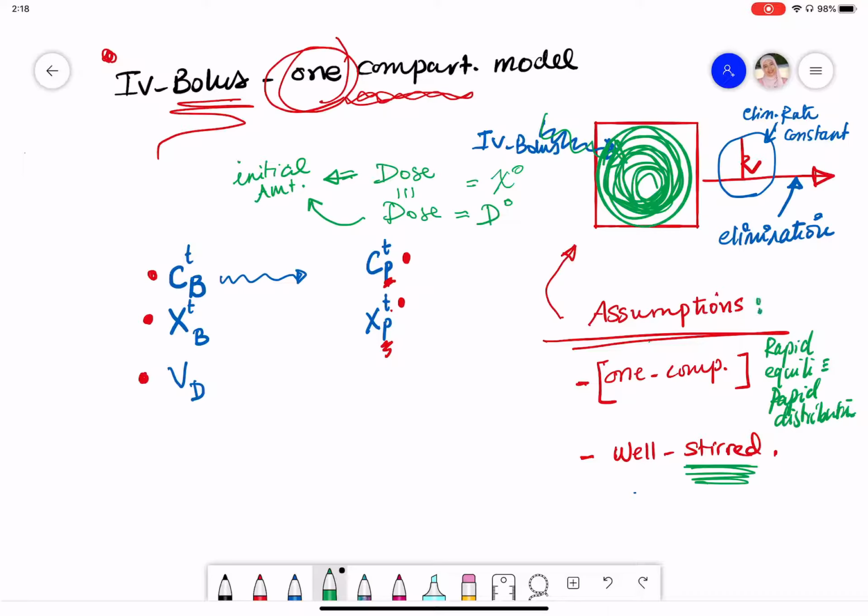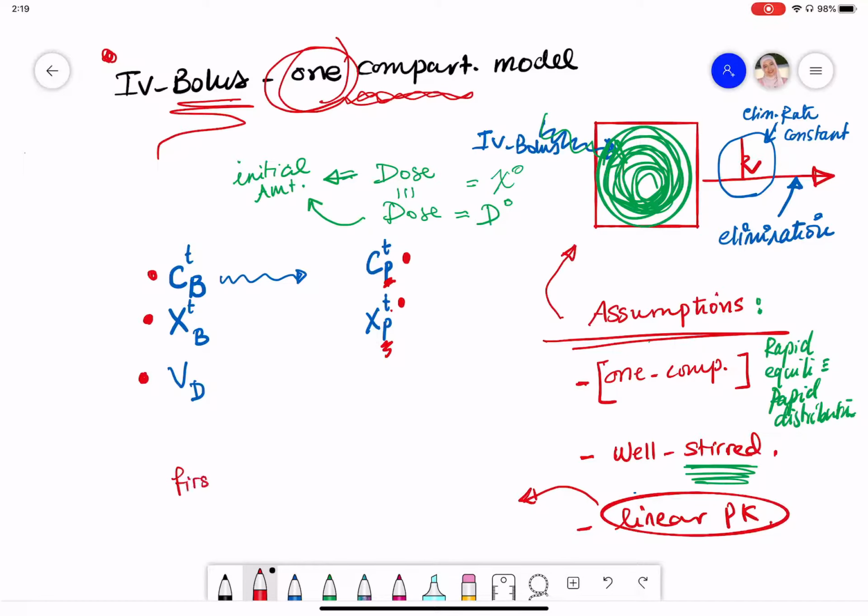Okay, or in the systemic circulation. Okay, there's another thing that we are assuming for now, and we will talk about any other exception, that the model or the drug is following linear kinetics. And if we go back to first order kinetics, we know that the drug is, when we are talking about